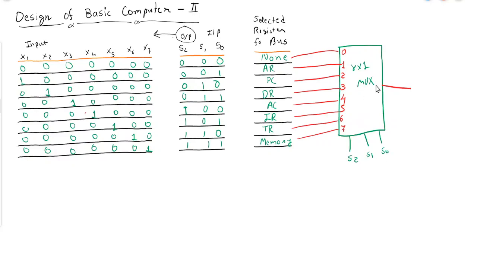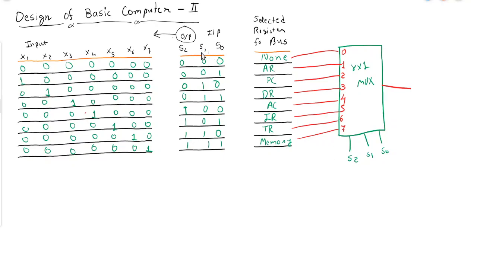Now let me tell you how the multiplexer will select a specific register. By default all the inputs will be available to the multiplexer, meaning the input of the address register will be given to the multiplexer, or you can say the content of the program counter will be available to the multiplexer, the content of the data register will be available, the content of the accumulator will be available. So by providing input to this selection input, we are only supposed to select any particular input. Here we will try to derive the expression or the circuit which will help us to provide this selection input. So these are the selection inputs.